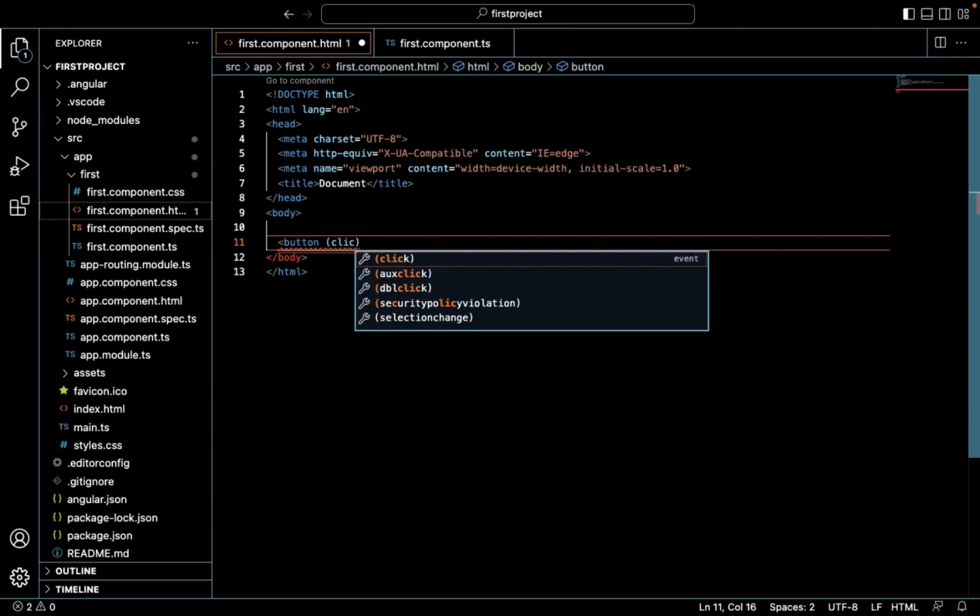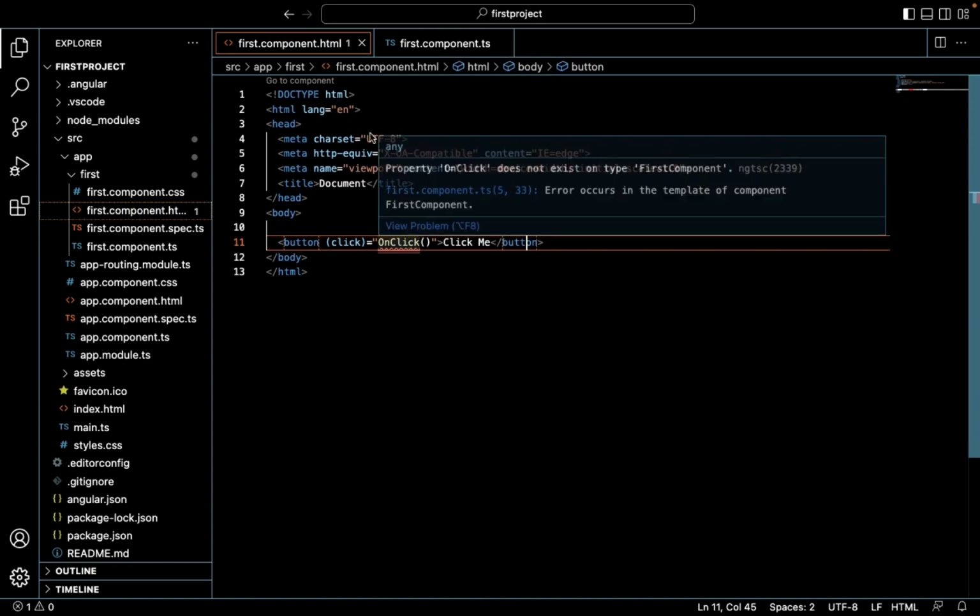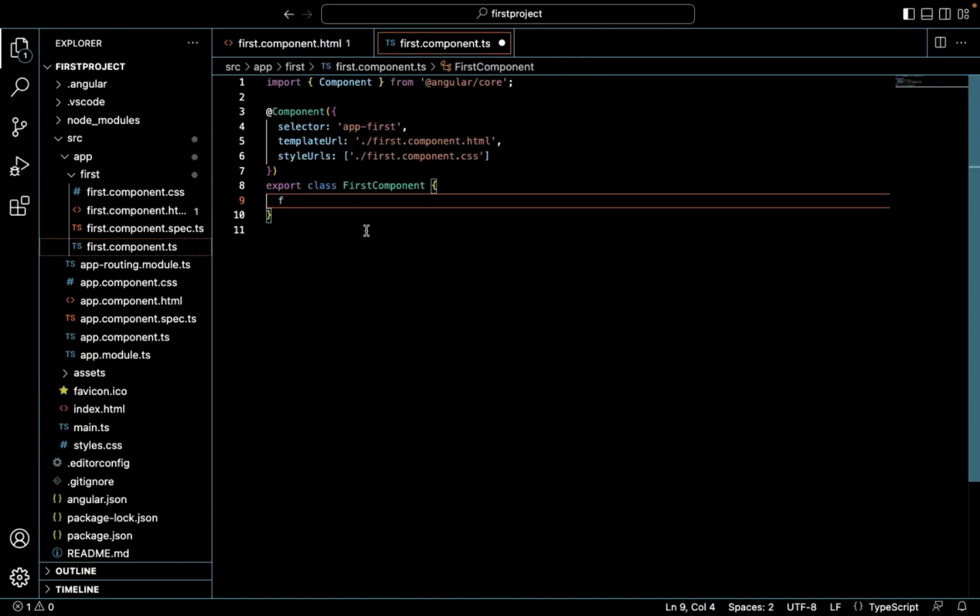The click event is already there, along with a function. This is the function we will create right now. Just a name, click me, like this. We have given a name to save it, and for the click event we have to create this function